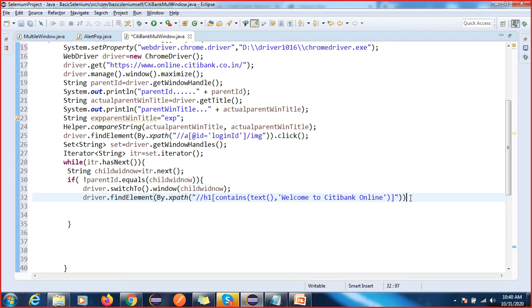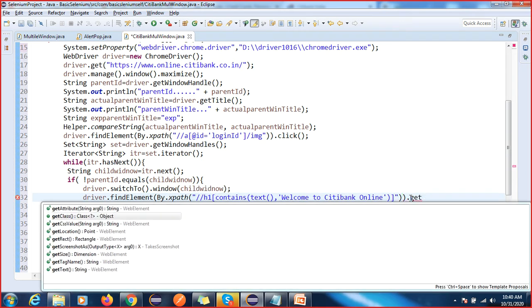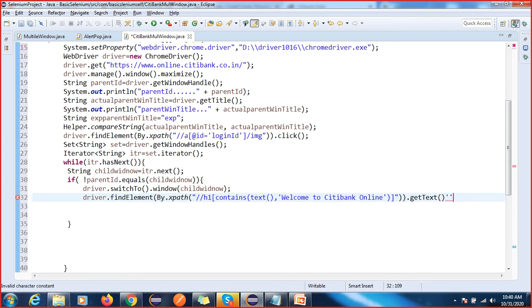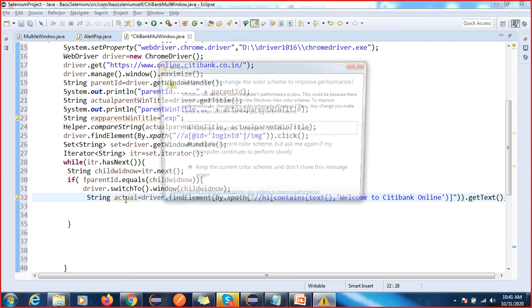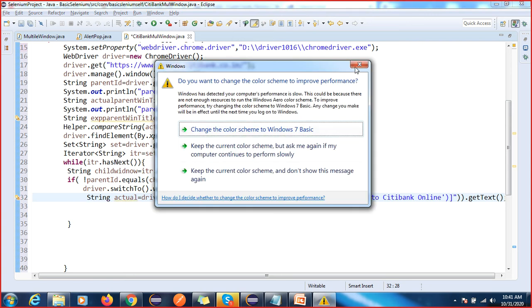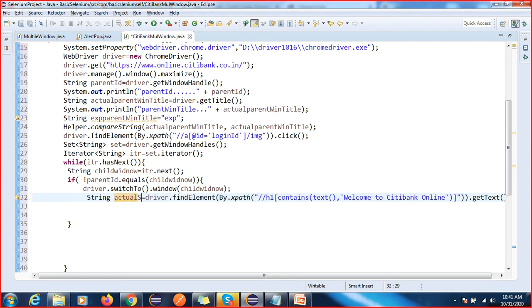actual. So here I have to capture a string value by using the get text, right? So what is the return type? A string is your return type. We can write here actual str.